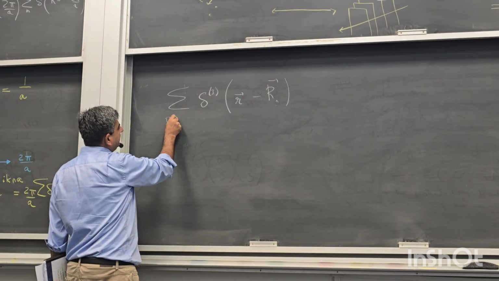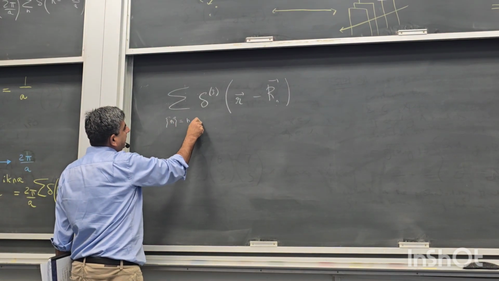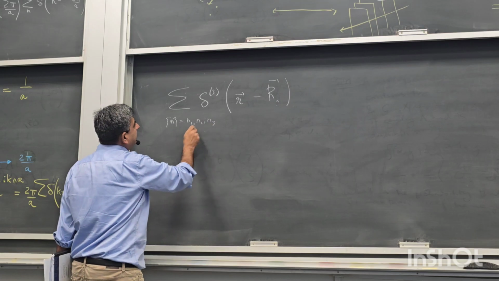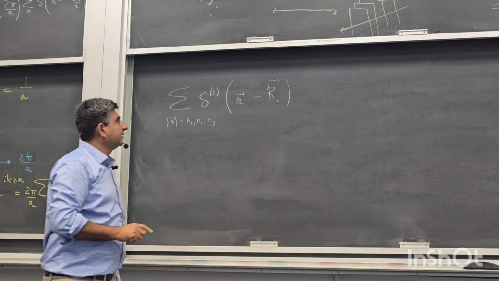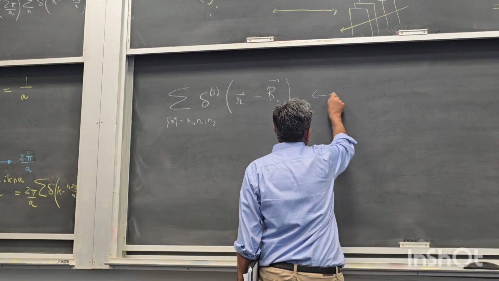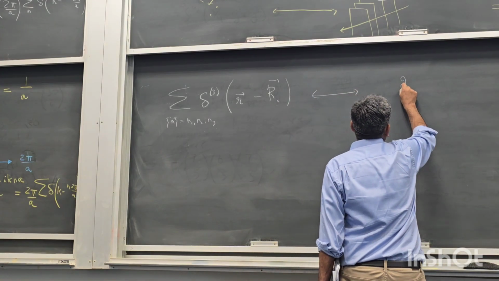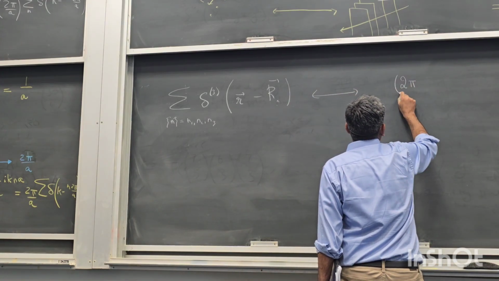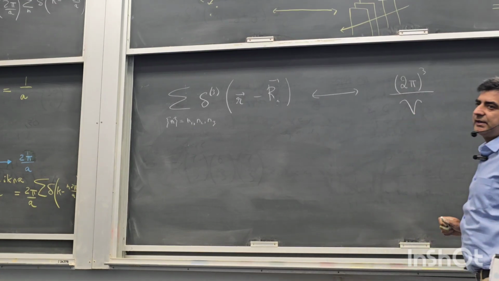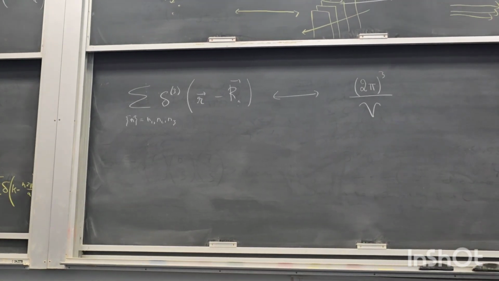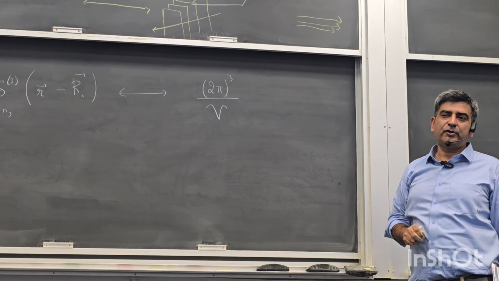So this n really means n1, n2, n3, and I take this sum, which is a representation of my direct lattice. Then its Fourier transform will likewise be (2π)³ over the volume of a unit cell in the direct space, A dot B cross C,